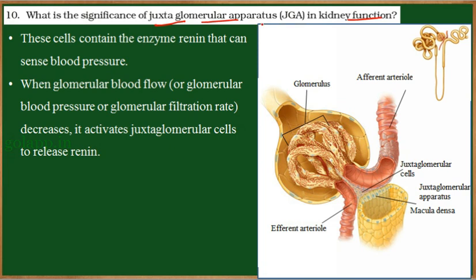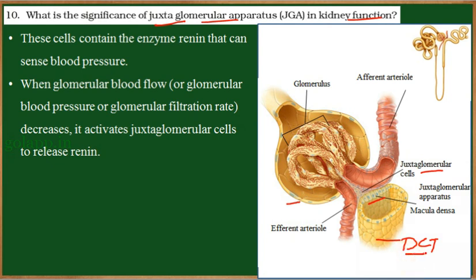Now this apparatus is found in some of the nephrons whose renal corpuscle is in close proximity of the DCT. So at this junction between the afferent and efferent arterioles and DCT, there are certain cells called juxtaglomerular cells. They are nothing but the modified smooth muscles present on the efferent arterioles and modified epithelial cells on